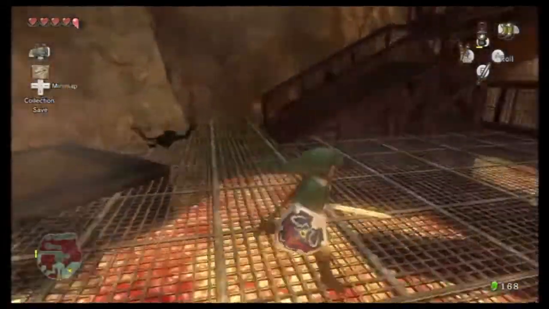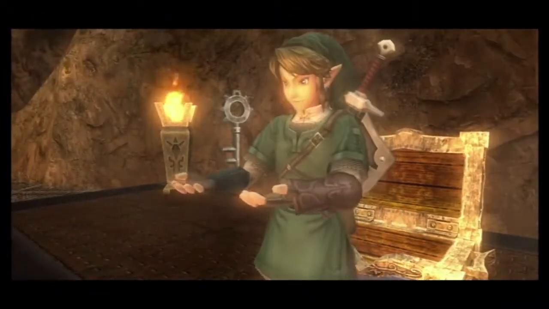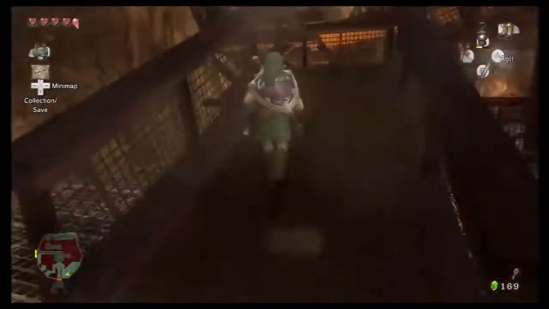Stab him a couple times. But anyway, like I was saying, there's a locked door and we can't open it yet. But here's a chest. If we open this bad boy up, inside of it is a small key. So now we can head all the way back up into the left to open that locked door and continue